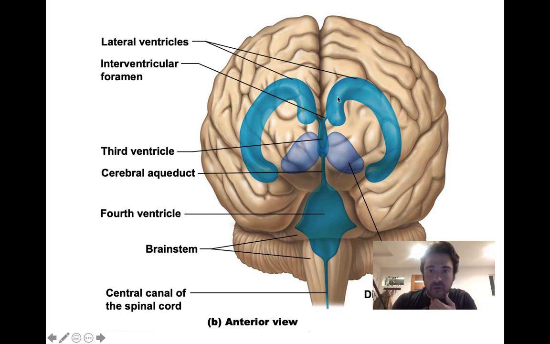So we have the lateral ventricles. That cerebrospinal fluid flows through the interventricular foramen to the third ventricle. Notice that the lateral ventricles are huge. They form these horns. Through the interventricular foramen to the third ventricle, which essentially circulates around the diencephalon, through the cerebral aqueduct to the fourth ventricle, through the central canal of the spinal cord all the way to the tip where it's going to enter into the subarachnoid space and circulate around the outside of the brain and the spinal cord. So we have the internal circulation of cerebrospinal fluid, and then we have the external circulation of cerebrospinal fluid until